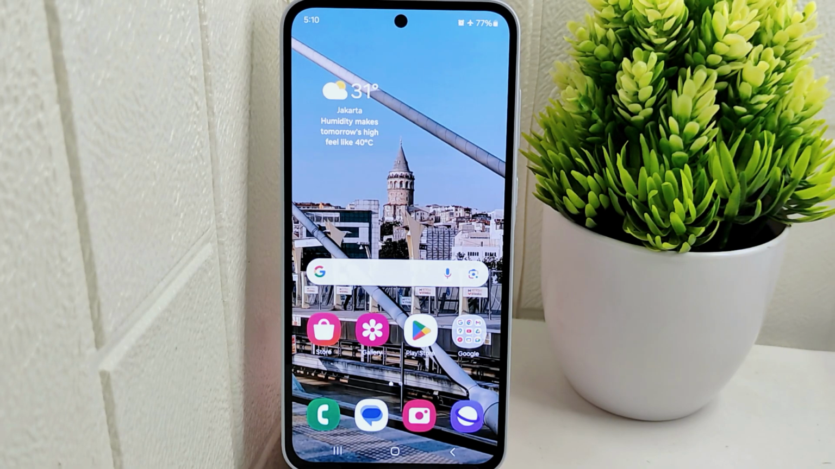Okay, hello everyone. Here I want to provide a tutorial on how to display a custom message on the lock screen on a Samsung M35 device. Knowing how to display a custom message on the lock screen of your device, you can